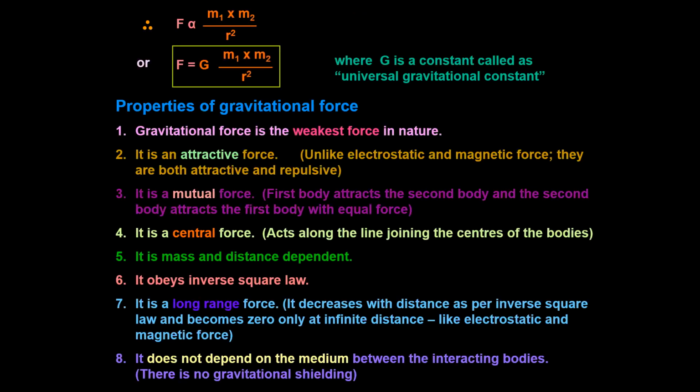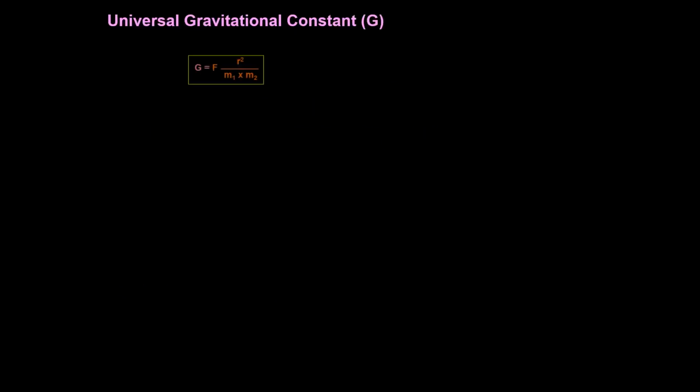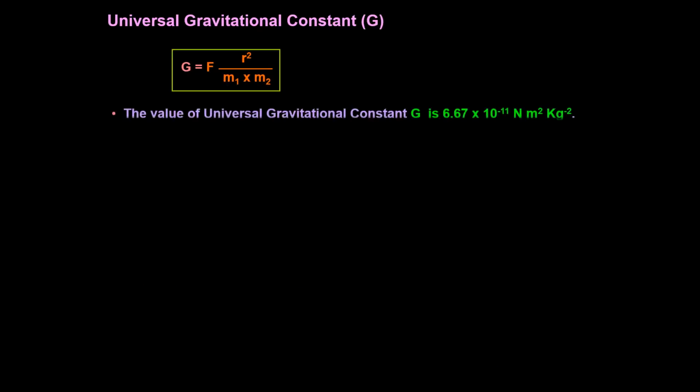So, the universal gravitational constant G. G is equal to F R square divided by M1 M2. Can you go to the previous slide for a second? Thank you, sir. Taken? Yes, sir. So the universal gravitational constant, I told you how Newton meter square came. G is equal to F R square divided by M1 M2. The value of G is 6.67 times 10 to the power minus 11 Newton meter square per kg square.